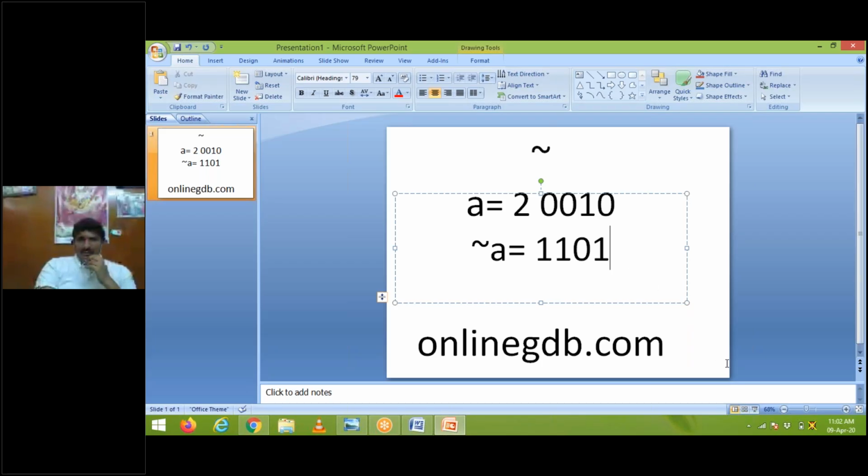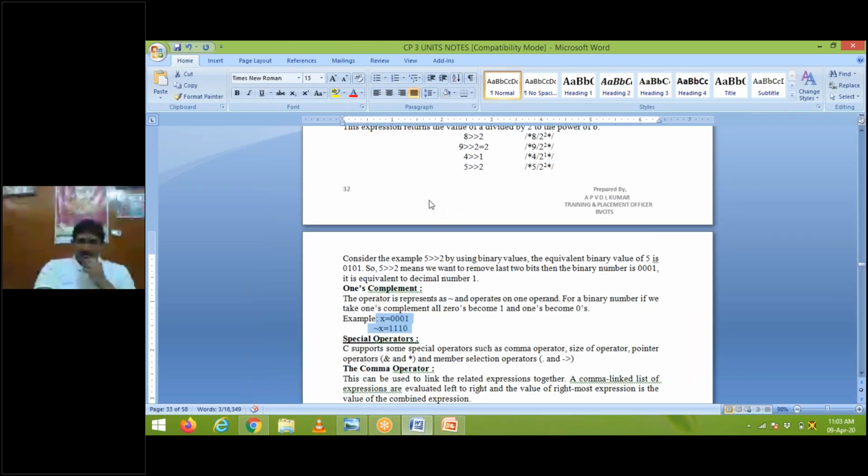B is bigger than A, then we have floating values. What is this question? I am not understanding properly. Yes, we are getting floating values, but bitwise operators cannot work on floating point data types. That's why the result will be 0 only. 0 point something cannot be displayed. In the bitwise operators, at the top side only, I mentioned bitwise operators cannot work upon floating point data types.